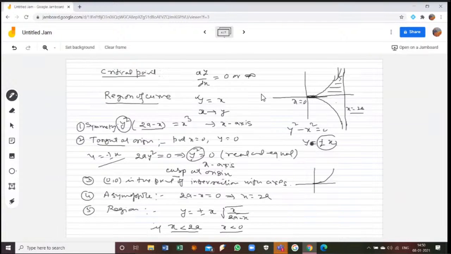But if the both tangents are real and distinct, then there is a node. And always node means always the curve will form like this one. ऐसे हमेशा बनेगा जब भी नोड होगा. क्यों? क्योंकि एक कर्व, ये देखो ब्रांचेस तो हो रहे हैं कि नहीं, एक इधर से इस तरीके से एक इधर जा रहा है और एक जो है ओरिजिन से फिर ऐसे जा रहा है. तो ये दो ब्रांचेज है, ये एक कर्व है, ये एक कर्व है, लेकिन ये ओरिजिन के बाद दो ब्रांचेज में चेंज हो जा रहा है. एक इधर जा रहा है, एक इधर जा रहा है.